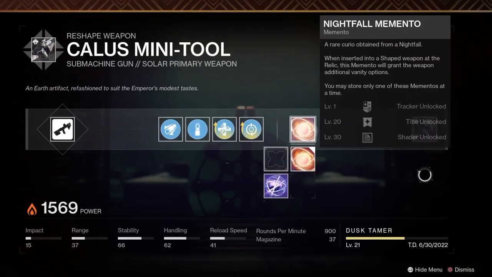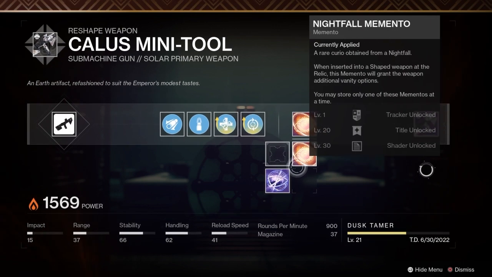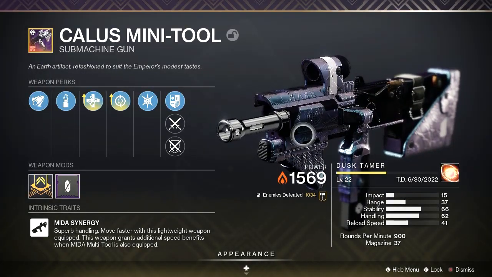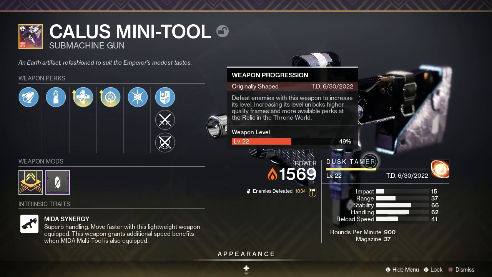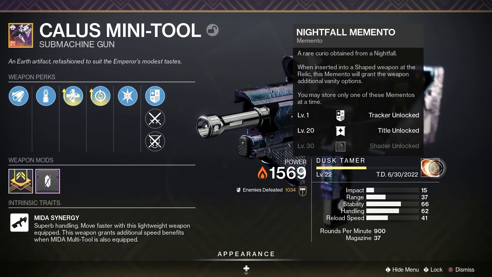Mementos can be applied to any crafted legendary weapon at any time. Currently there are 3 types of weapon mementos: Nightfall, Gambit, and Trials. Nightfall mementos are randomly earned by completing Grandmaster Nightfalls. Gambit mementos will be earned randomly at completion of winning Gambit matches, and Trials mementos are randomly rewarded for flawless